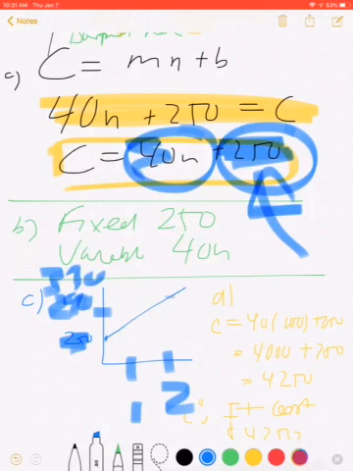In D, the question is, what happens if 100 people show up, and all you're going to do is, this is a question